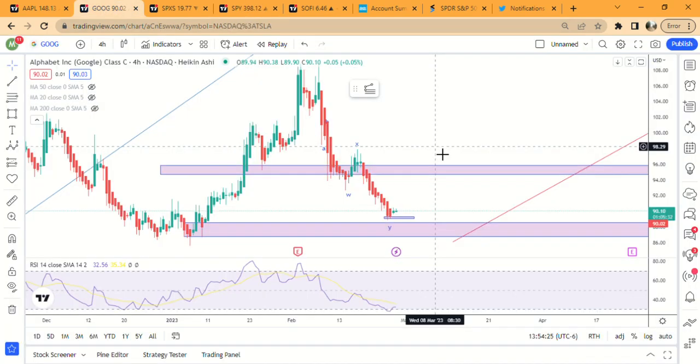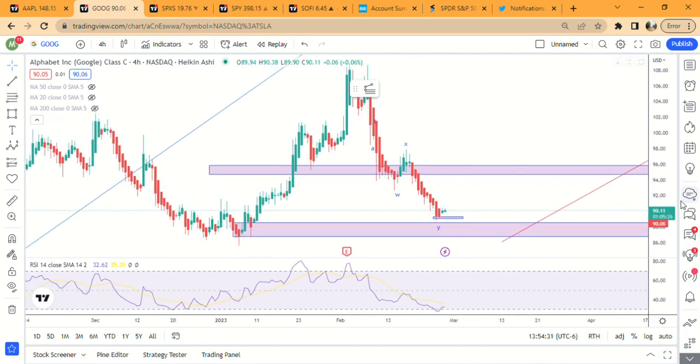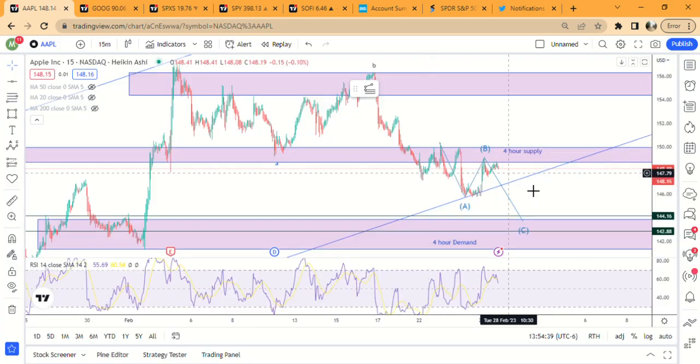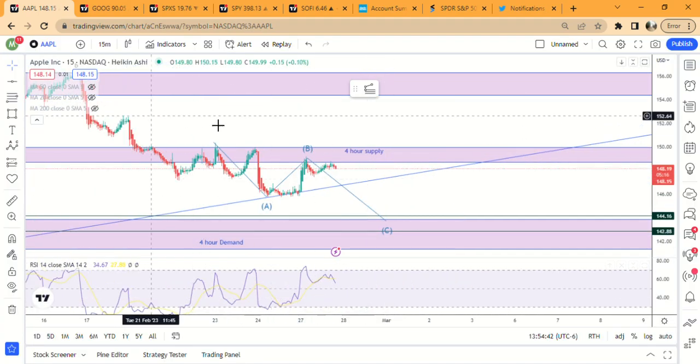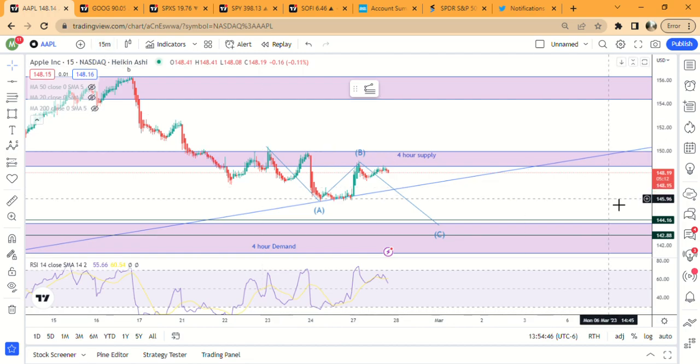So that's SPY. Google, nothing really else to say about Google right now. It hasn't moved all day. I bought into this at 90, and it's been at like 90.10 the whole day. It's kind of crazy. Apple, same thing, hasn't really moved that much besides the morning, but the exact same setup